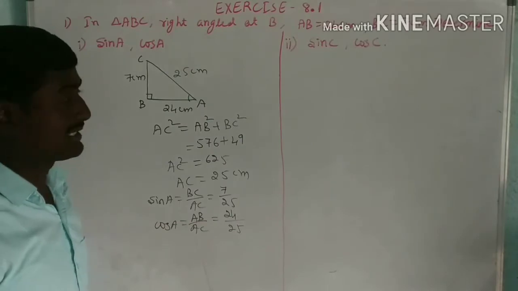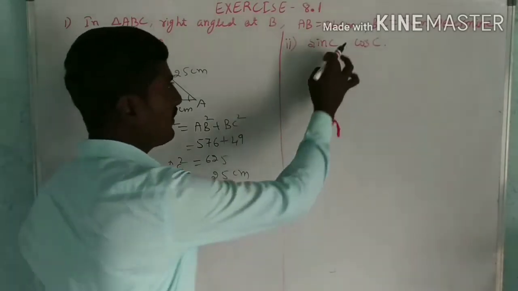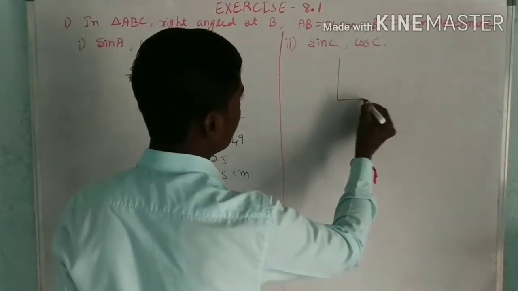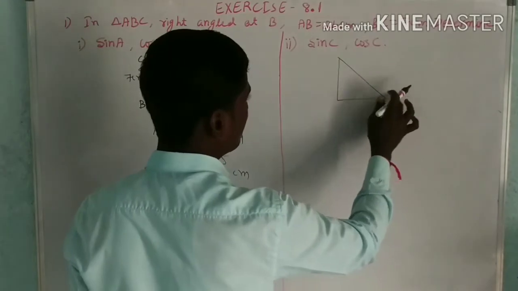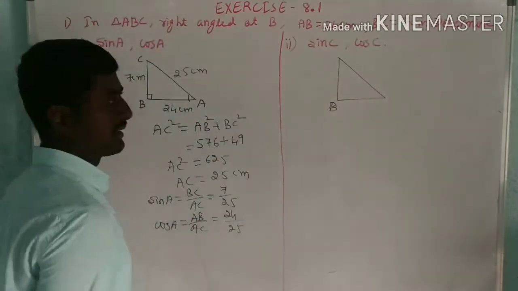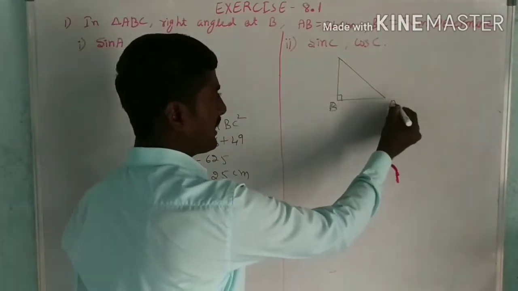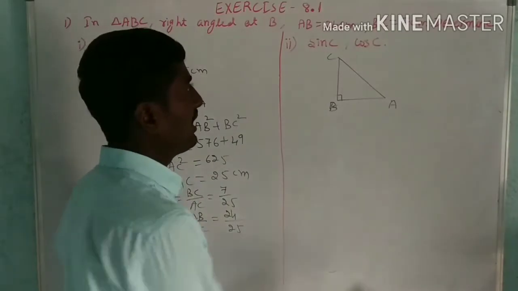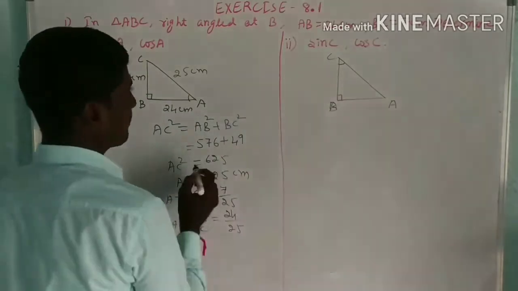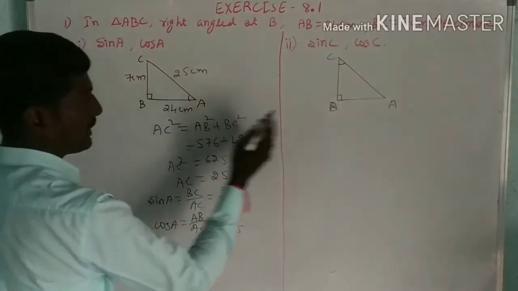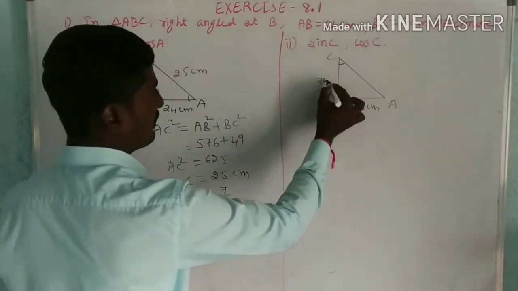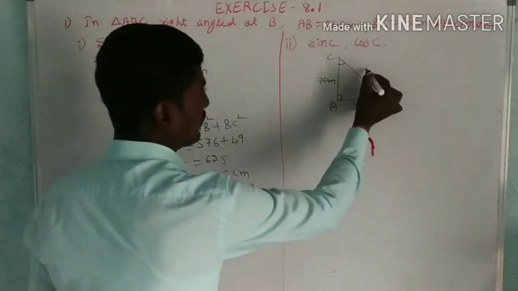Come here for the second one, that is C. For the angle C, now I will take again the same diagram. Already got the third side. Now A, B, sorry, this is B. I should take B because they said right angle at B. And this I will take A and this will be C. Now I want angle C. The three sides are the same. AB is 24 centimeter, BC is 7 centimeter, and AC is 25 centimeter.